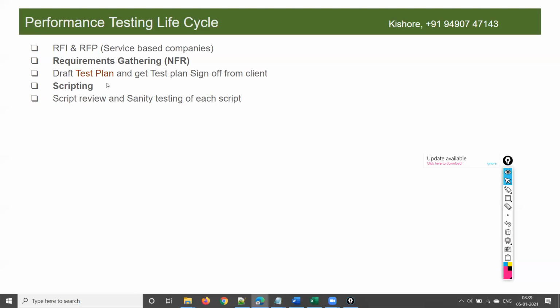Even though generally senior team members are involved in RFI and RFP in some organizations, and junior resources are not, everyone should be involved from the requirement gathering phase, because each team member should understand the client requirements and the scope of the project. They should understand what is given in the test plan document, what is in scope, and what is out of scope.